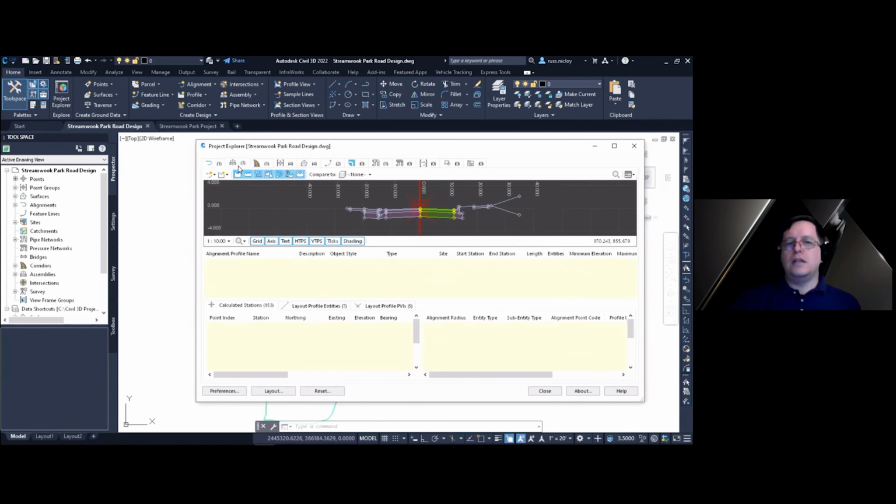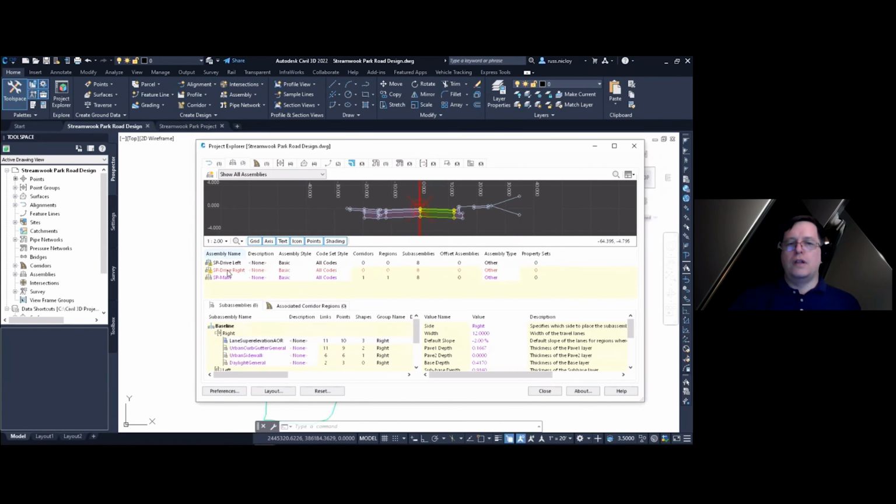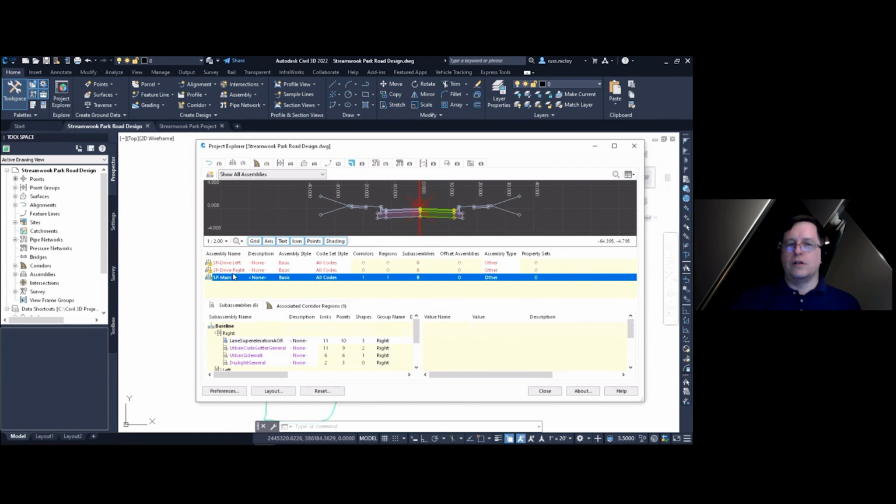If I go into the assembly tab, first of all, in the objects up above, you can see the different assemblies in this particular file. In the third assembly there, this is the subassembly information, and you can see it's all the way that I set it up earlier as I was setting up my assembly.